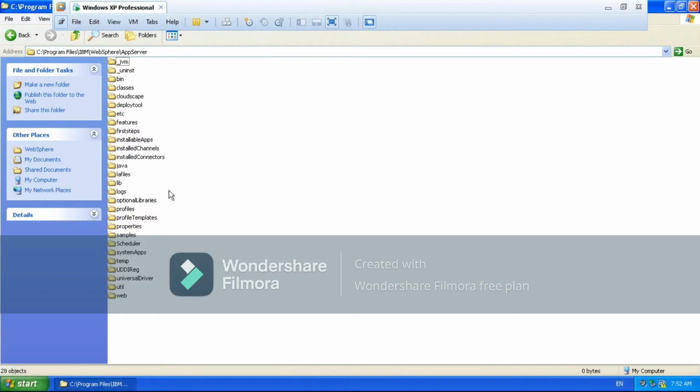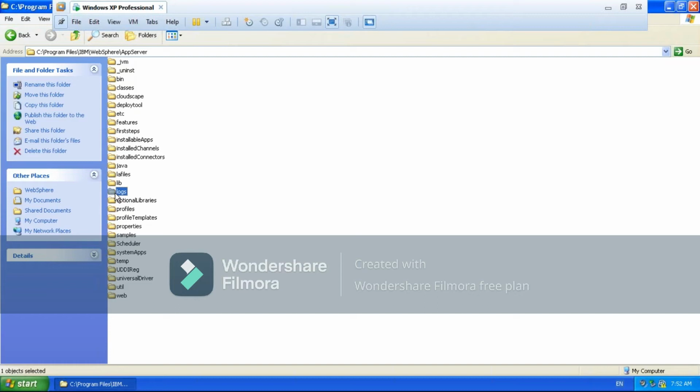Each and every folder has its own priority, and once the situation comes, I will tell you what this UDDI is. Then logs: you will see the log files in the WAS home as well as the profile home.